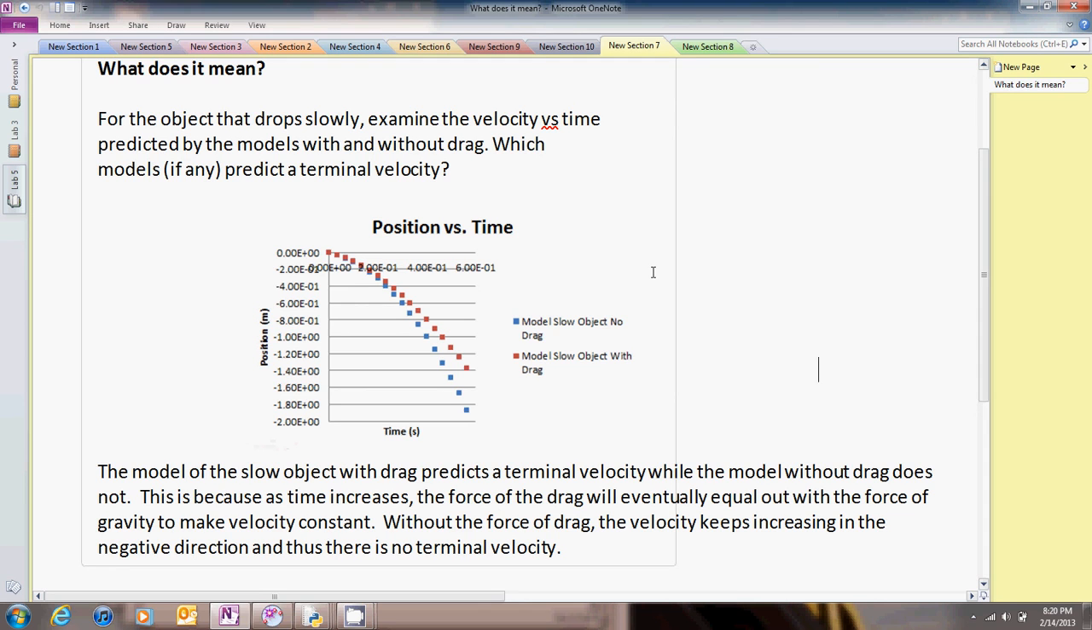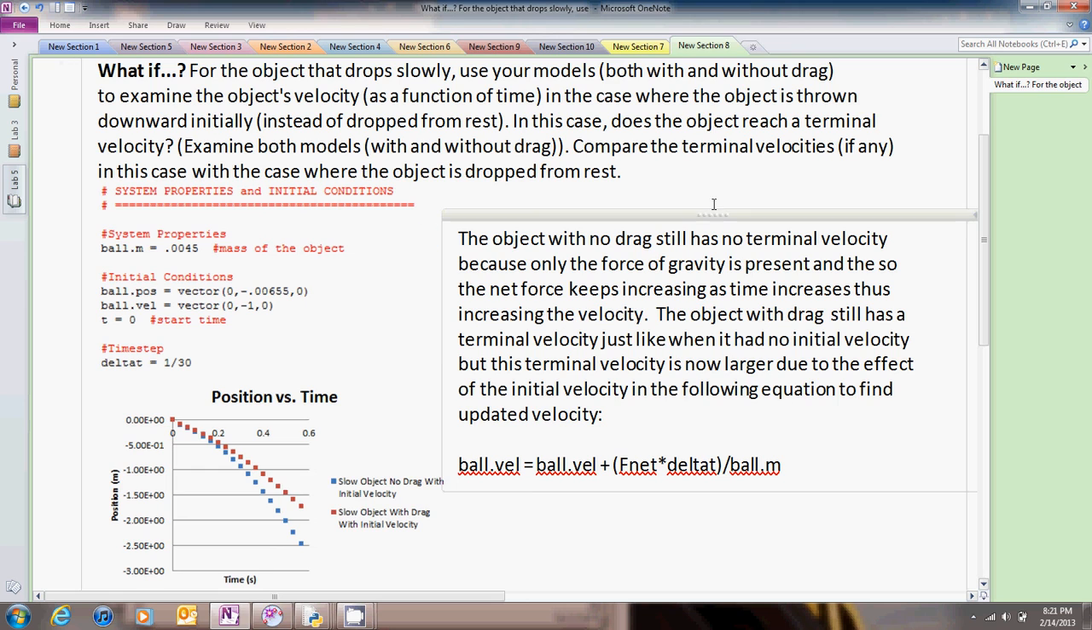This is because as time increases, the force of the drag will eventually equal out with the force of gravity to make velocity constant. Without the force of drag, the velocity keeps increasing in the negative direction, and thus there is no terminal velocity. To answer the what if question, for the object that drops slowly, use your models both